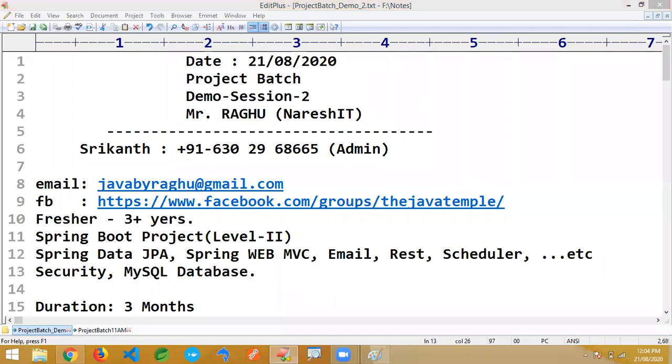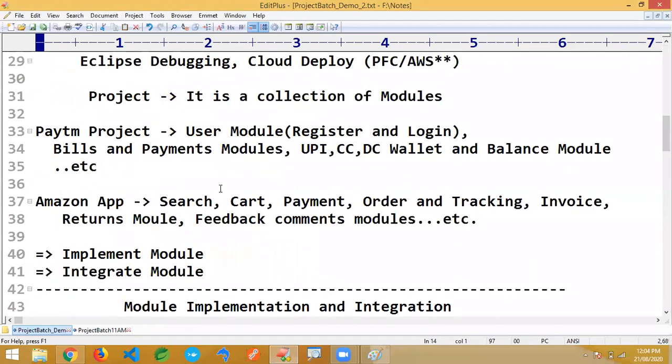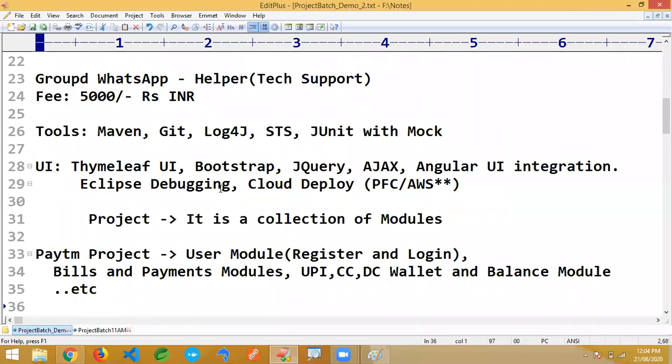Yes, it's completely online only. No, it's not Amazon actually, it's before Amazon. Before an order comes, the items that come to Amazon should be somewhere. That place is a warehouse. Once manufacturing is done, the product should be stored somewhere. Actually, that is called a warehouse. You can compare it to a godown, but not exactly. A godown is just stock storage, but a warehouse will have some operations also.